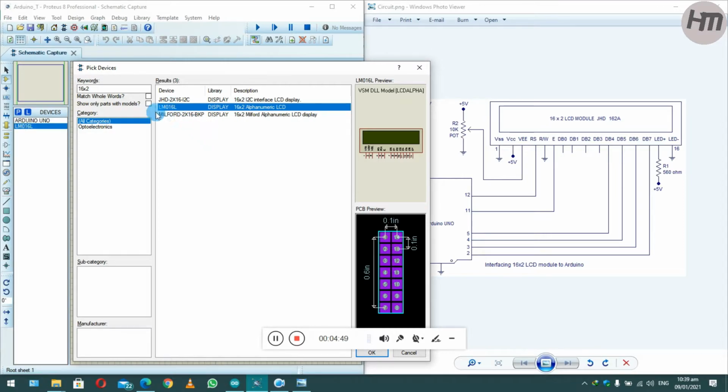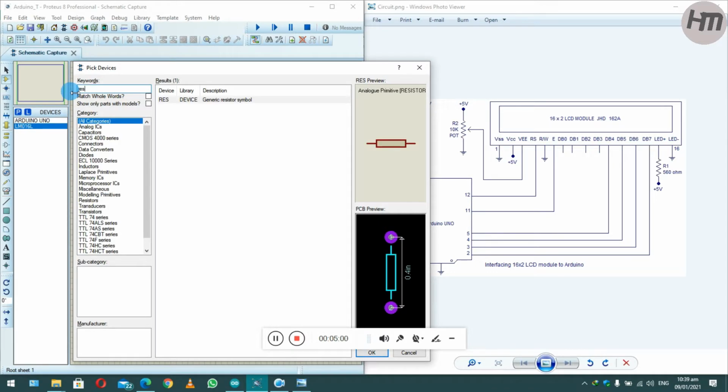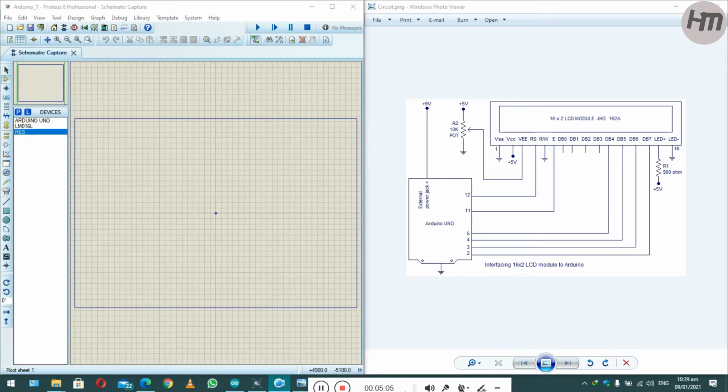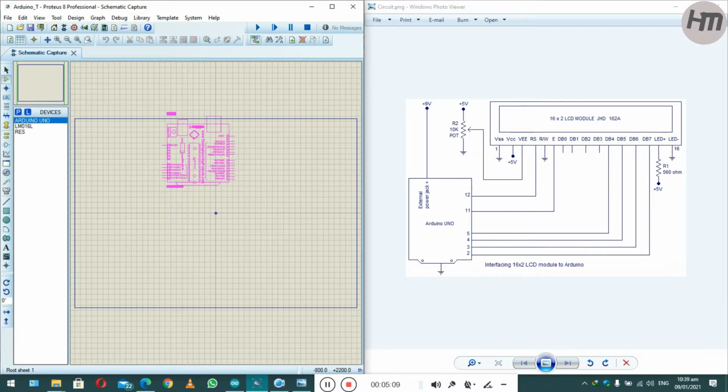Then I will need a resistor. Okay, then click OK. Click on Arduino, place it here.